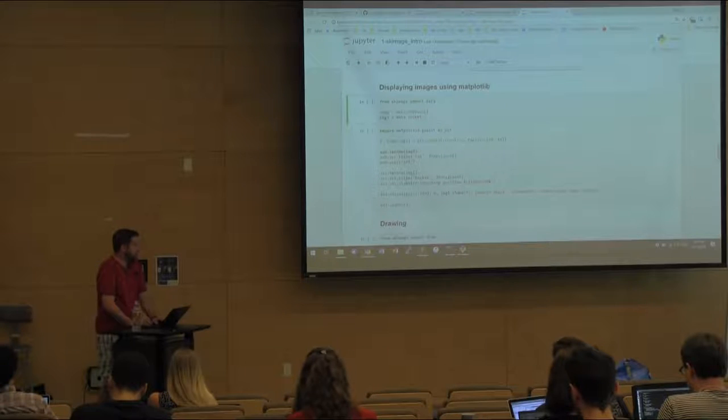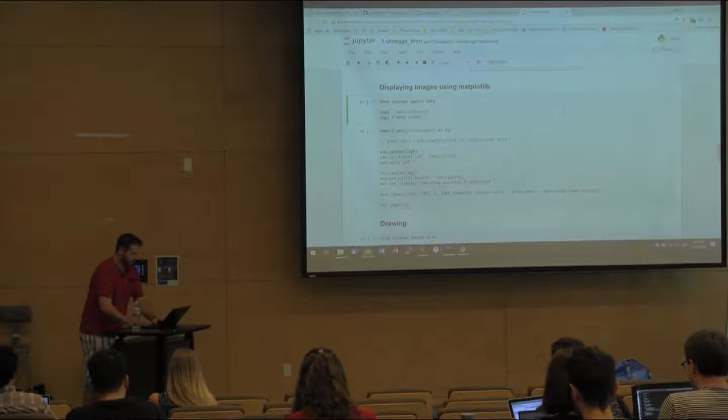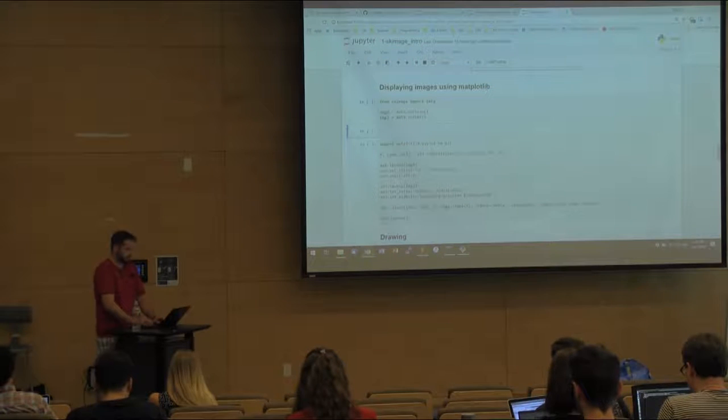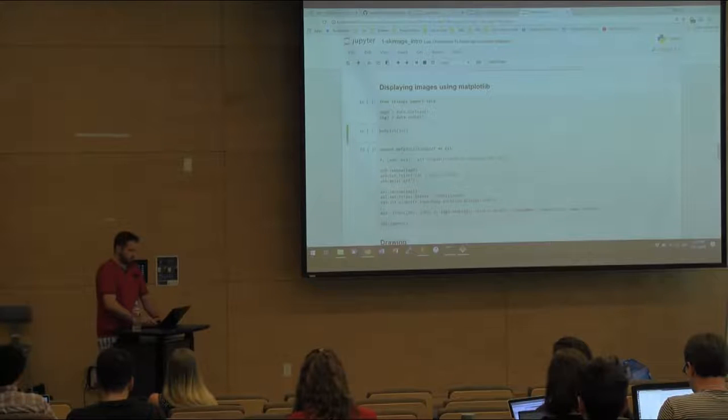So if you haven't talked about matplotlib a lot, let me just tell you a sentence or two about it. What you can do is create subplots, kind of like MATLAB does. So I think in MATLAB you would do subplot 1, 2, 1, and it would stand for 1 row, 2 columns, the first image, and then you plot something in there. So if you do this,